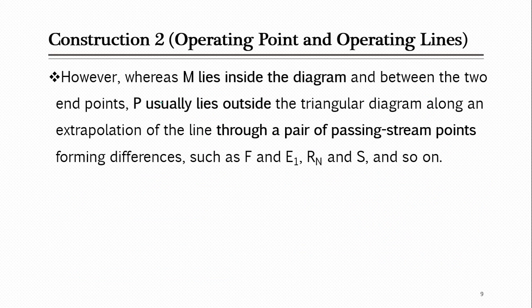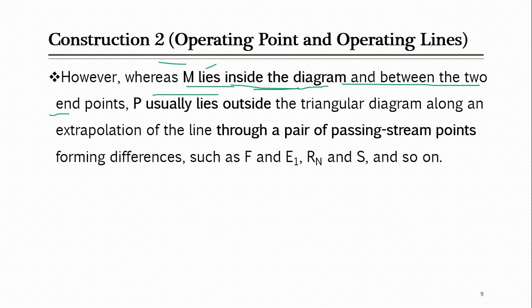As you already know, where does M lie? M is the mixture which we have to separate into two phases, which are raffinate and extract. So the mixture usually lies in the two phase region inside the triangular diagram. M always lies inside the triangular diagram because this is the mixture which you have to separate, so definitely it will lie inside the diagram. And between the two end points,